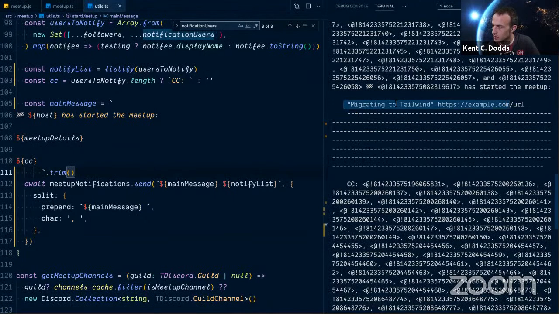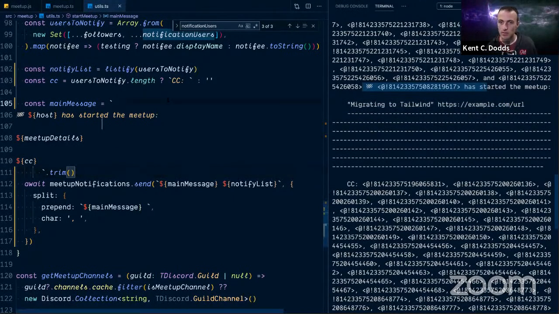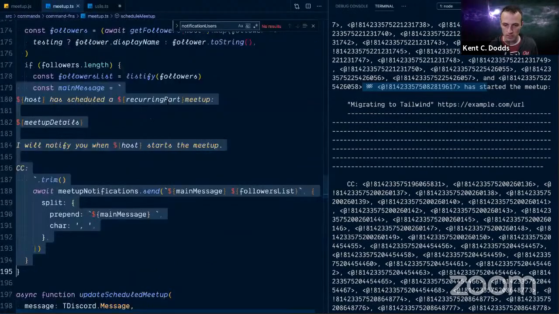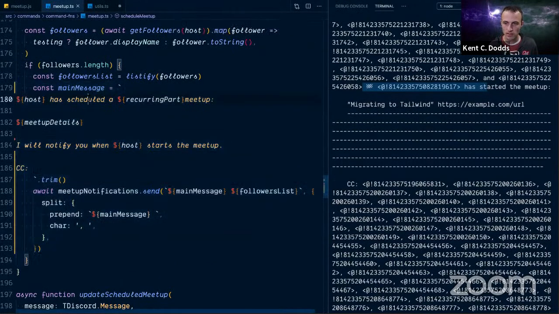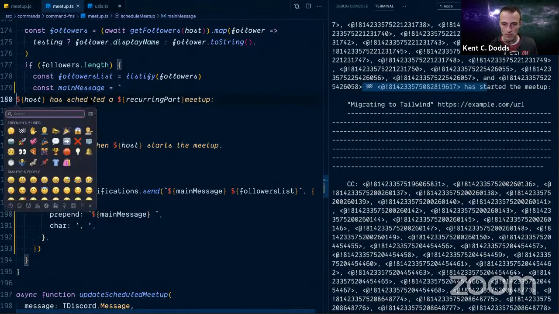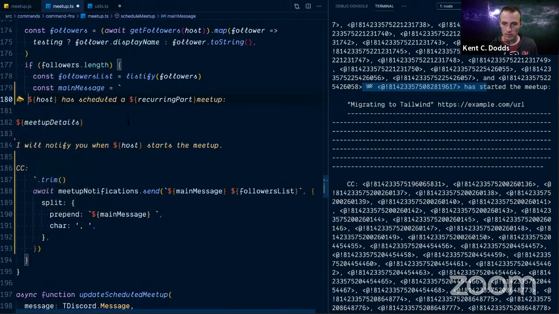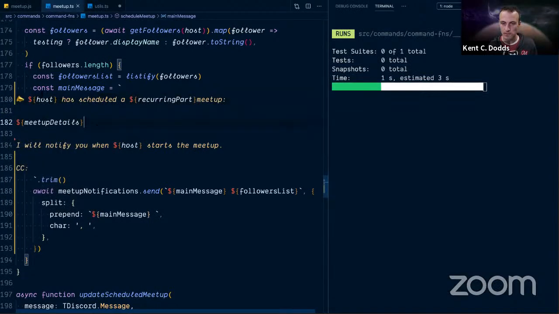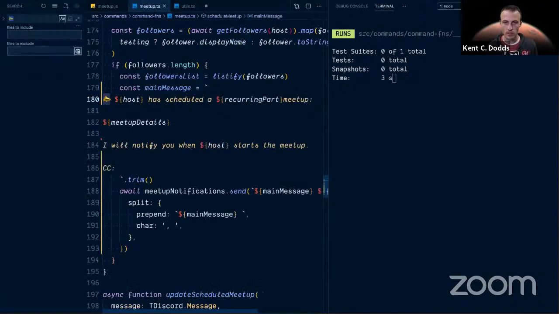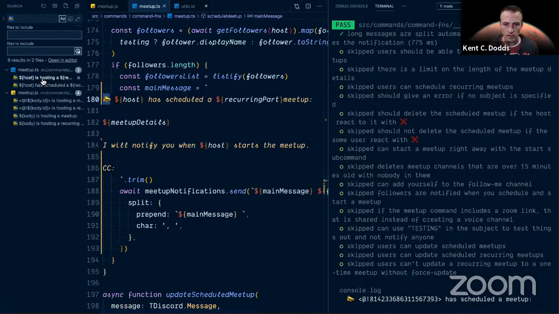Migrating to Tailwind. Yeah. Starting, hello. Now, interestingly, I feel like this megaphone, I feel like I'm using this somewhere else. Hmm.